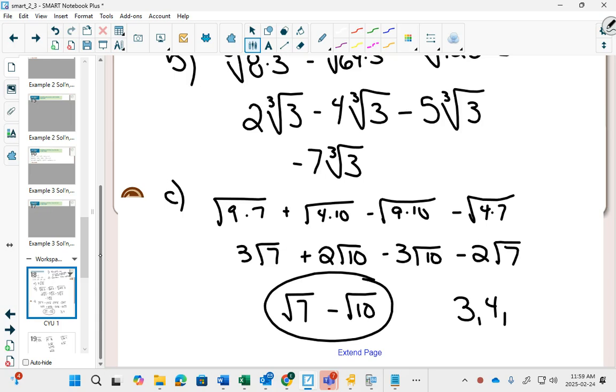All right, circle questions 3, 4, and 9. And you can